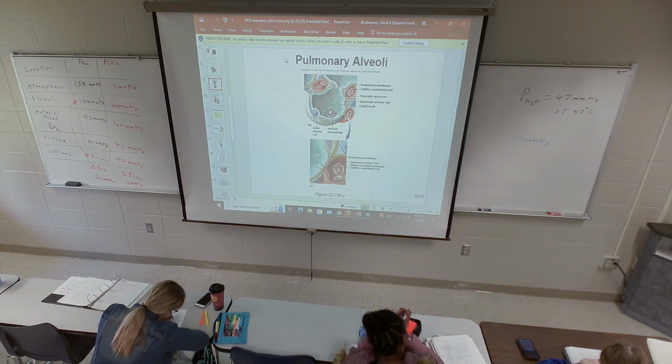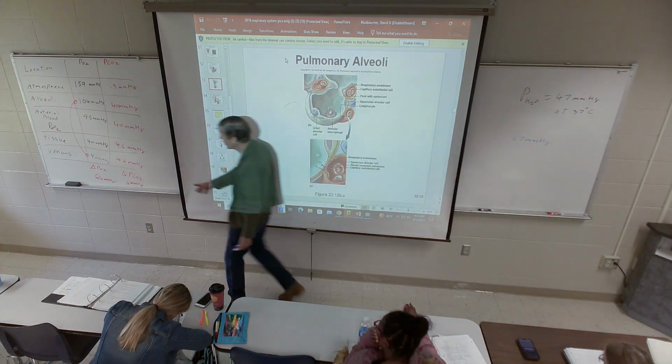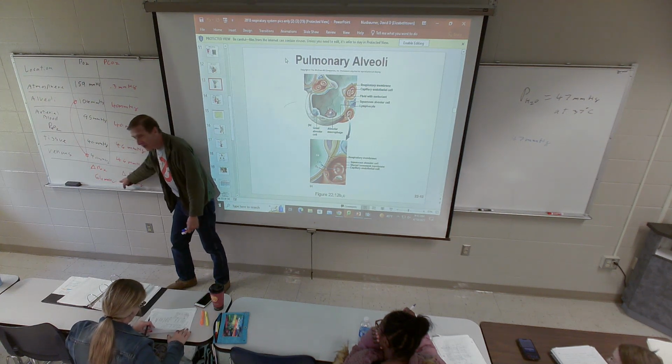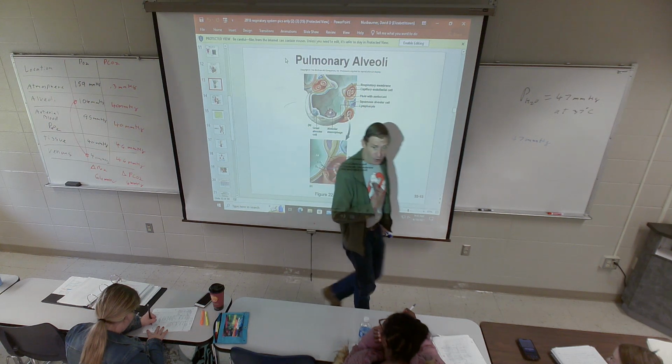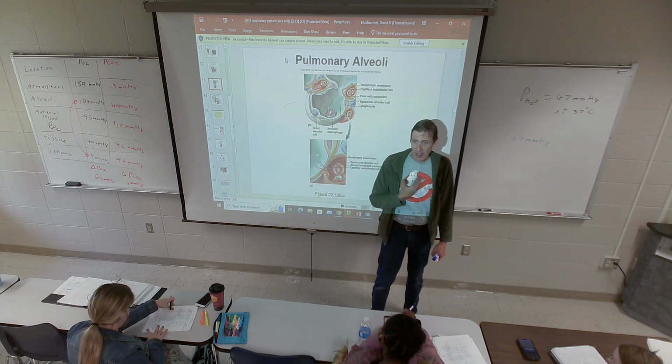So what looks weird then here, how is it possible that you're moving the same amount of oxygen as carbon dioxide when you've got 10 times the concentration gradient for oxygen compared to CO2? But it is true. Across your lungs, you move about the same amount of oxygen as CO2. They move opposite directions, but it's about the same number of molecules.